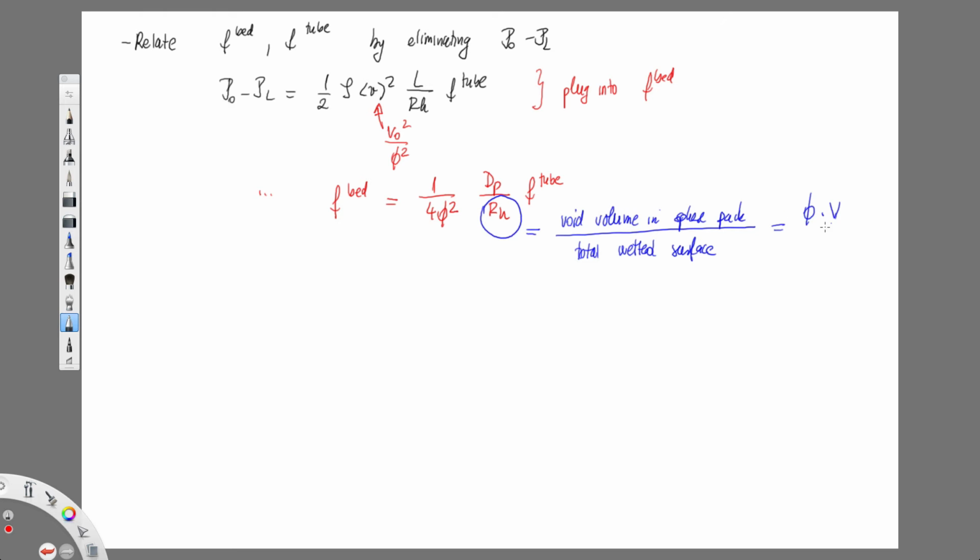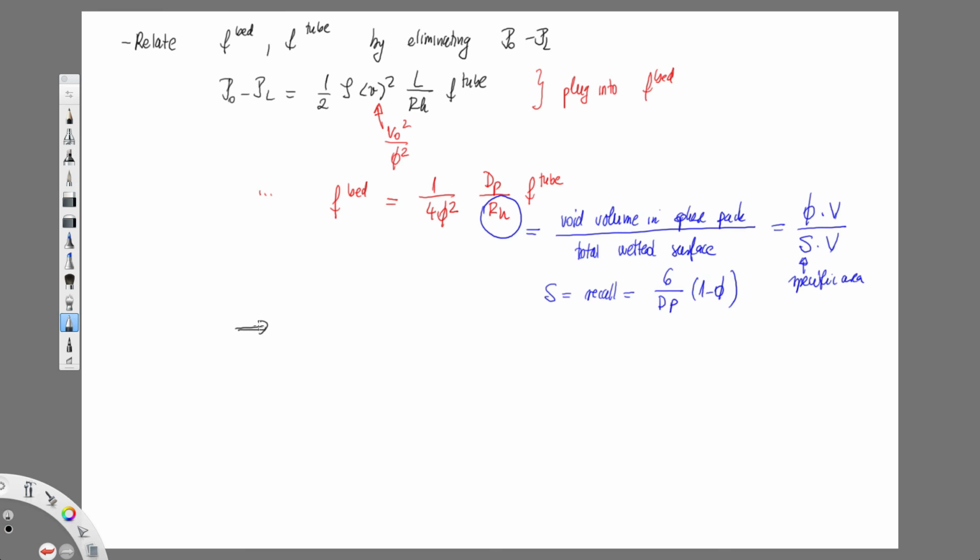So it's porosity times volume divided by my specific area times volume. Just as a reminder. And specific area, S, was recalled from sphere packs and Karman-Kozeny. It was, I'm just going to throw it on the paper, 6 over dp times 1 minus porosity. So once we plug all of that in,